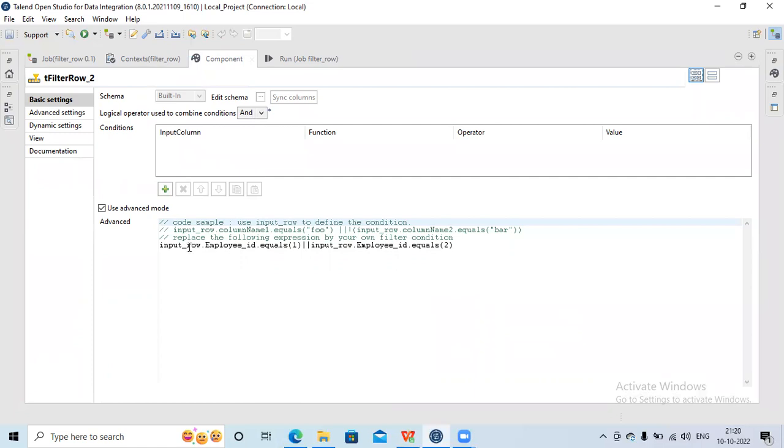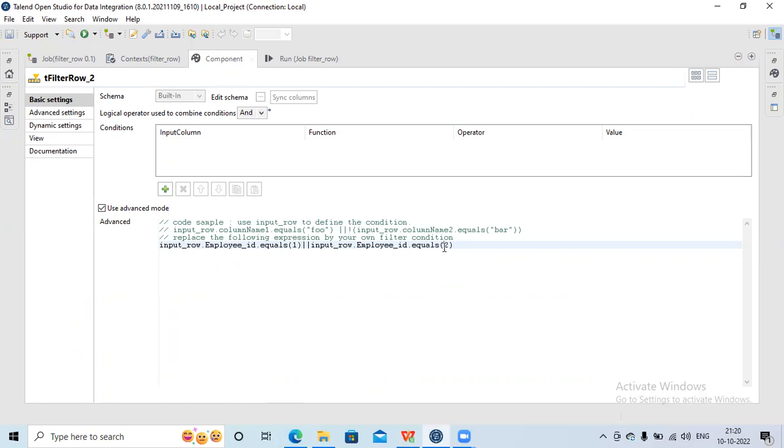In this, you will write input row dot the column name dot equals or whatever function you want to use, then the value here. Like for this example I have used where employee ID is equal to 1 or employee ID is equal